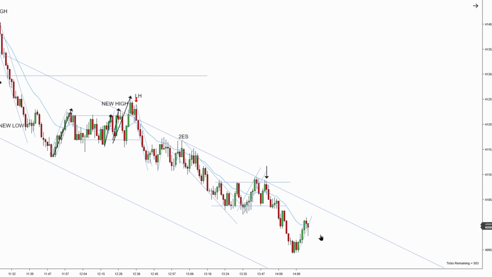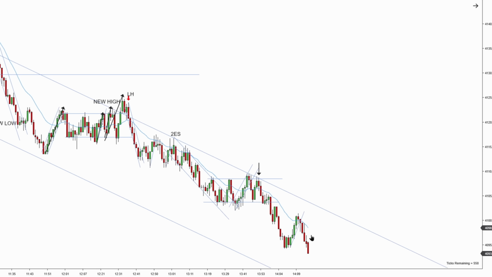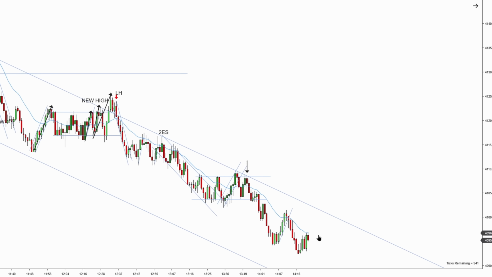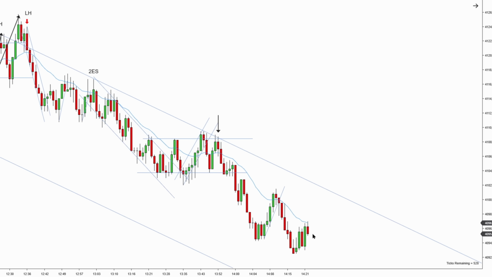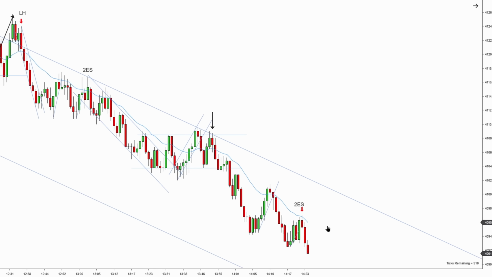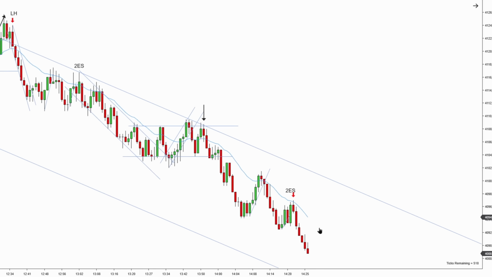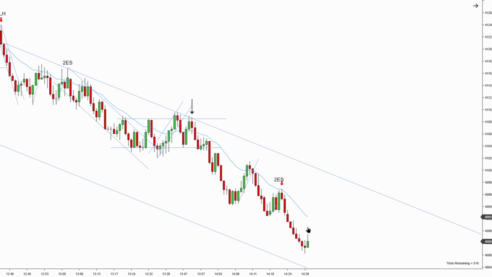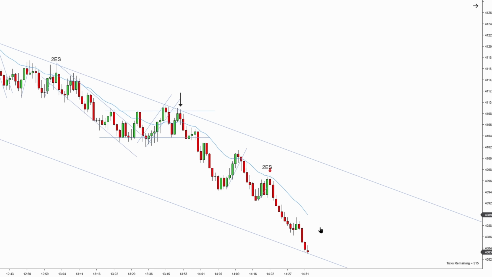Can we get a second entry short? We have a first entry short. We can't get a second entry short. New low, first entry short, pullback, second entry short. So we finally have a second entry short. It is a two-leg up pullback: first leg up, pullback, second leg up. Great bar at the EMA, high probability setup. And it resulted in a great scalp. And eventually you can hold your runner and trail it all the way down.